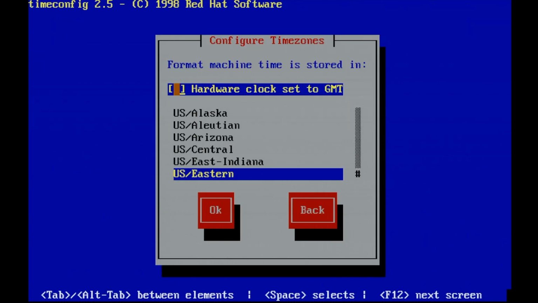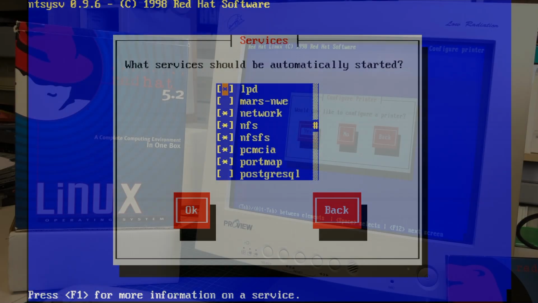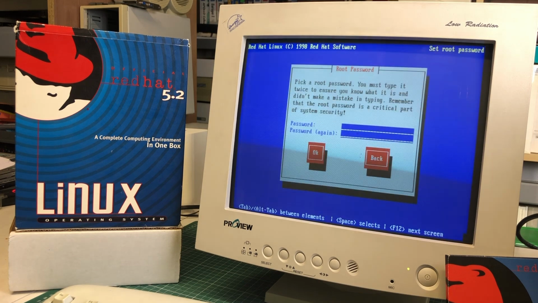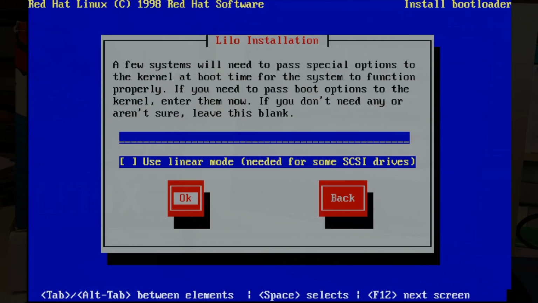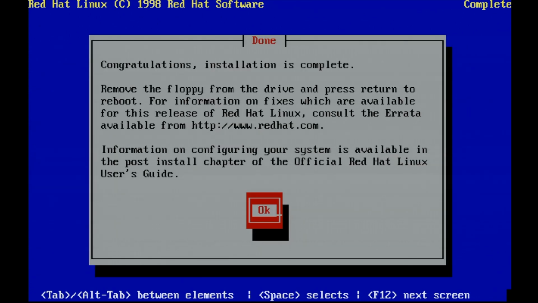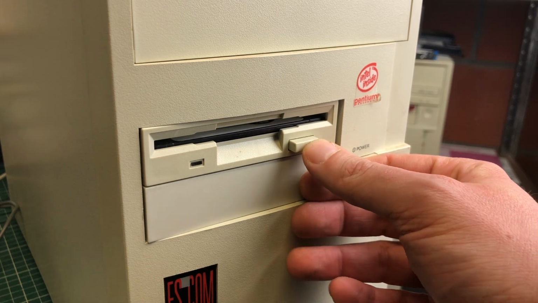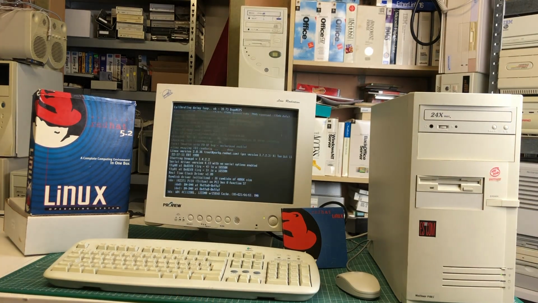So some final formalities: the time zone configuration, the services that we want to have started automatically upon boot. We're not going to be configuring a printer, but we are going to be setting a root password. We don't want to have a boot disk now, but we will be installing LILO, which is the bootloader. And that's it. Installation complete. We can remove the boot disk from the PC, do a restart, and it should boot straight into our Linux